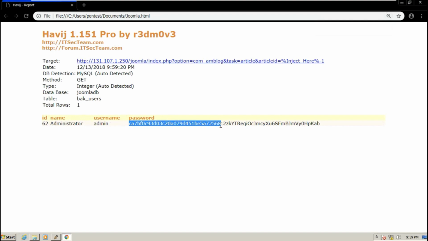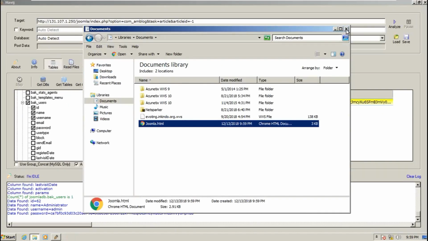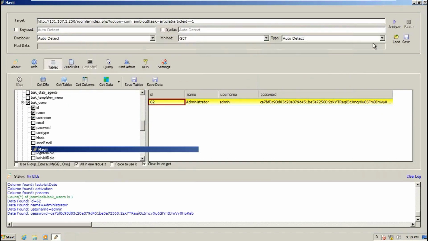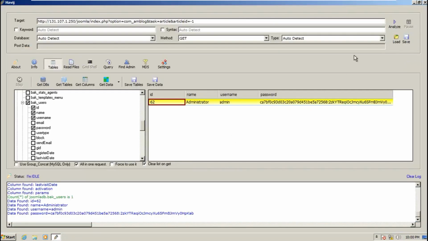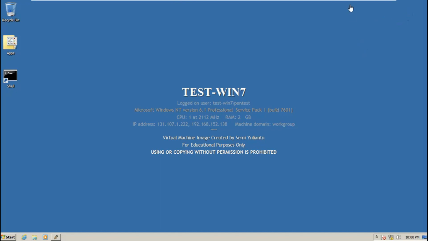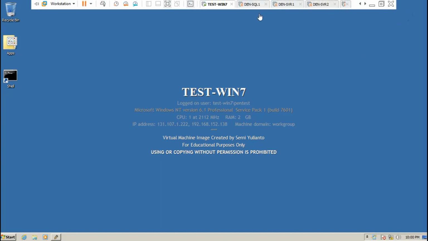The password, you got two different passwords. One password, but in different formats. One is perhaps MD5, if I'm not mistaken, and this is base64, if I'm not mistaken. You can check again later. Okay, so this is how you use Havij. Yeah, it's a lot easier than SQLmap,